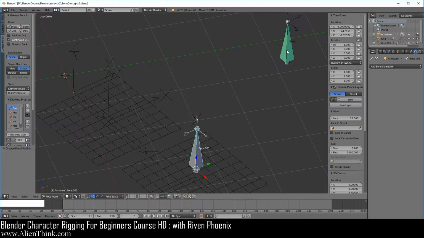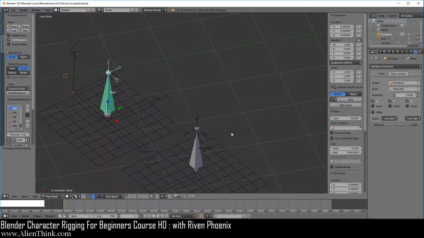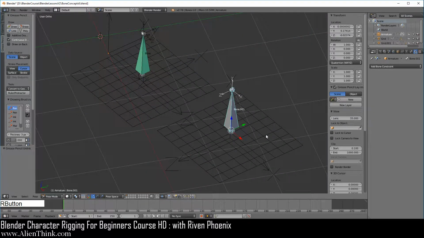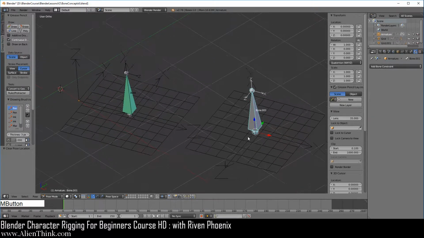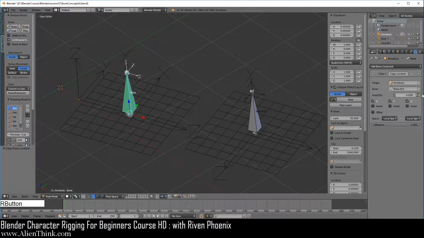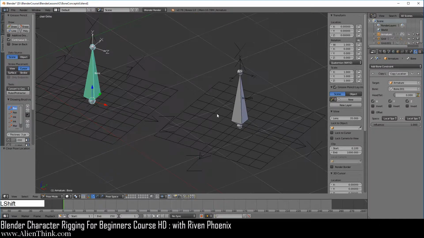Now I want you to go ahead and click this. And now I want you to switch to local space. Okay. Now click on this bone and do Alt G to reset its location. Okay, so now what we're going to do is take a look at how this works with local with parent. Now to understand this is going to get a bit tricky, so I'm just going to do this a little slowly, okay?